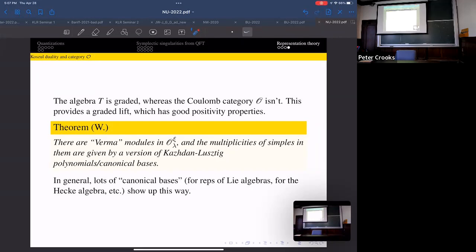All right. Any questions? So in the standard category, these do appear purely combinatorial from the